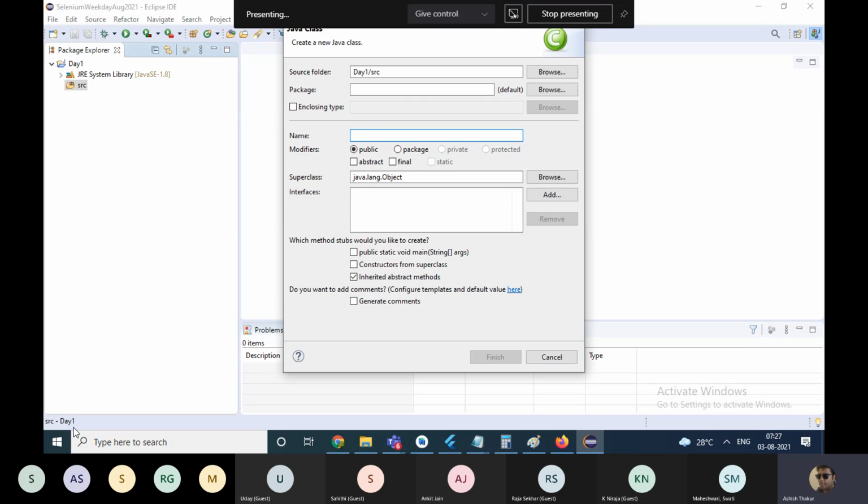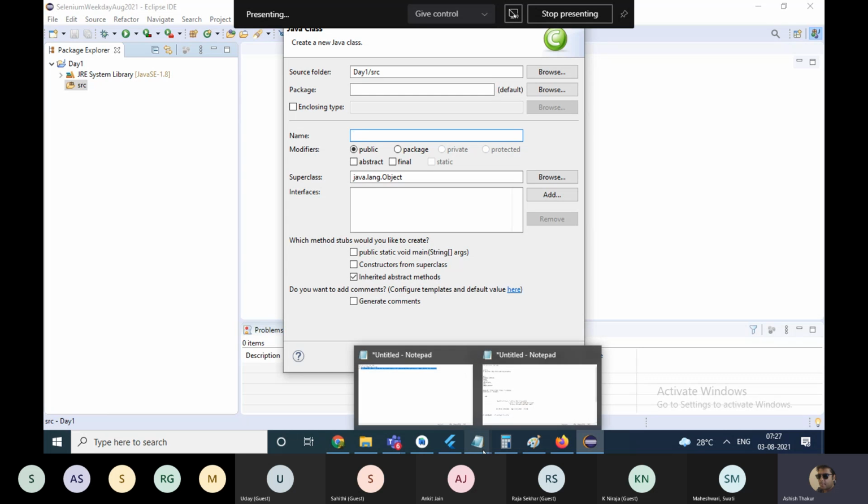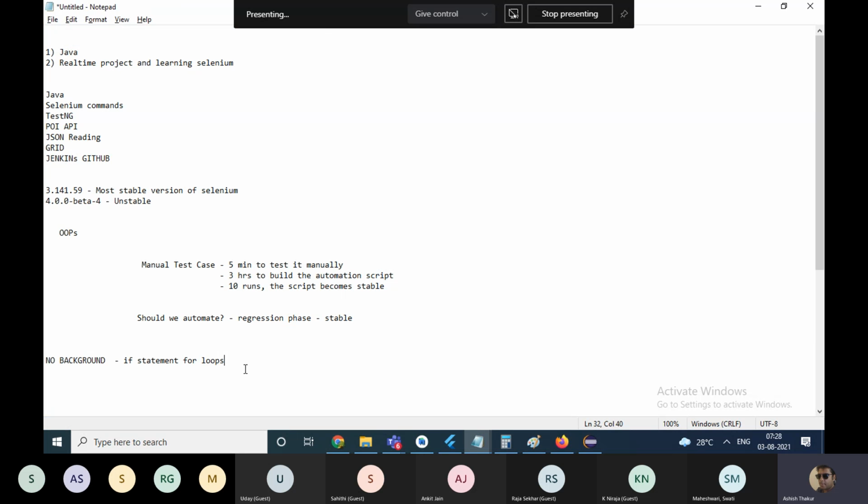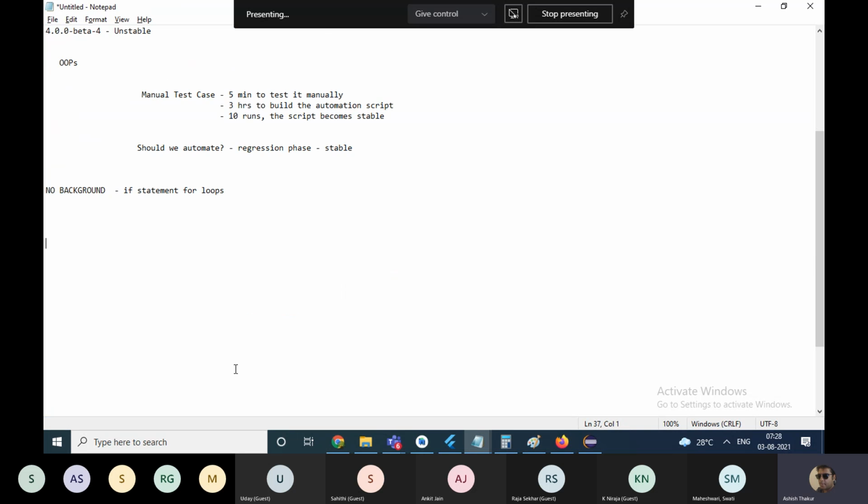And you know what? I will not be teaching you that, first Java, then Selenium. Like first we will learn how to form objects, and then I'll actually tell you how these objects are used in Selenium. So I'll be teaching you Selenium parallelly. Then we'll study about interfaces, and then I will tell you how interfaces are used in Selenium.